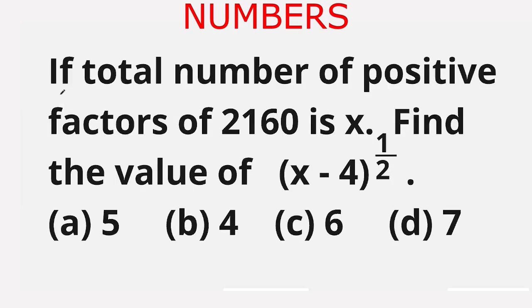Our question is, if the total number of positive factors of 2160 is x, find the value of (x minus 4) whole raised to power half, or 1 upon 2. The given options are option A 5, option B 4, option C 6, option D 7. The (x minus 4) raised to power half is nothing else, but we have to find the square root of